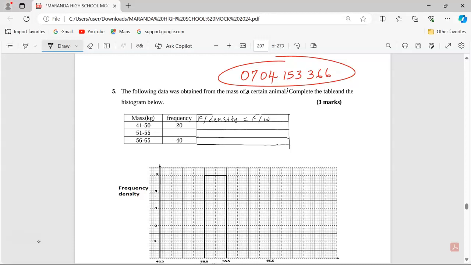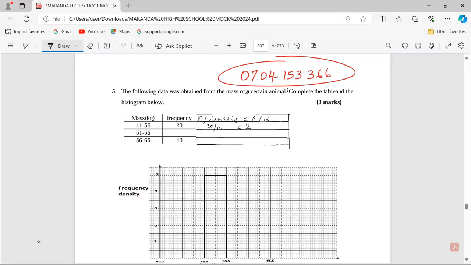So this means for the first class, which has a class interval from 40.5 all the way to 50.5, this is a class interval of 10. Then the frequency is 20. So frequency of 20 divided by class interval of 10,